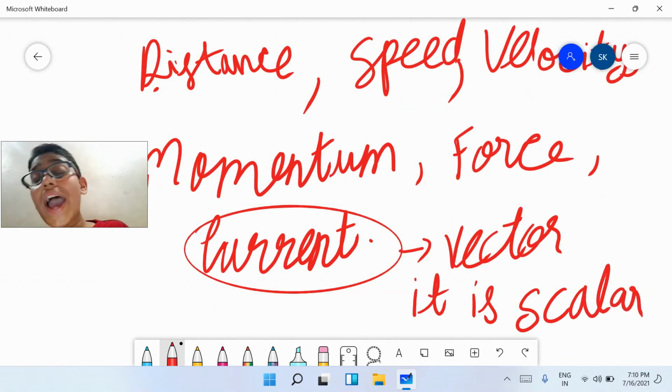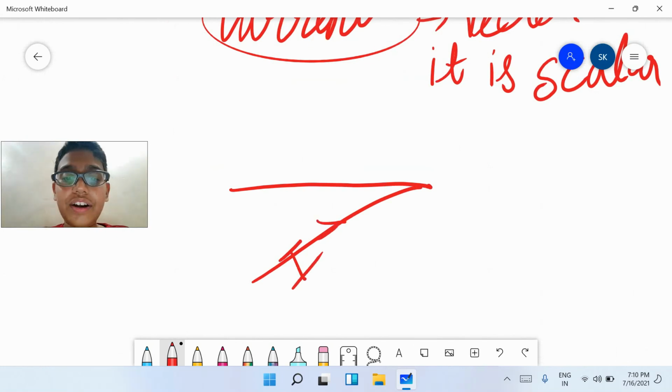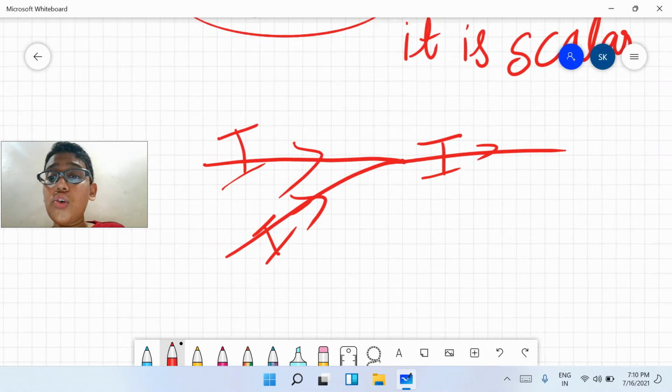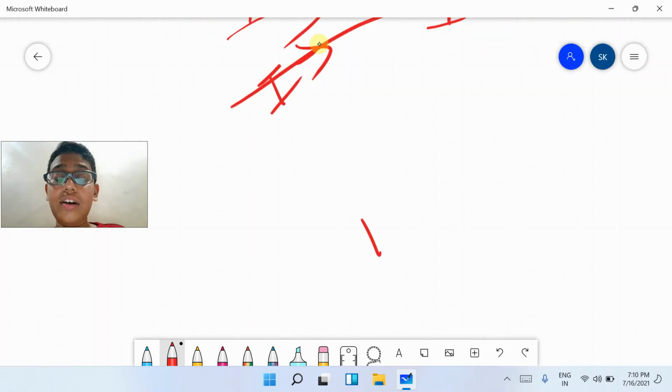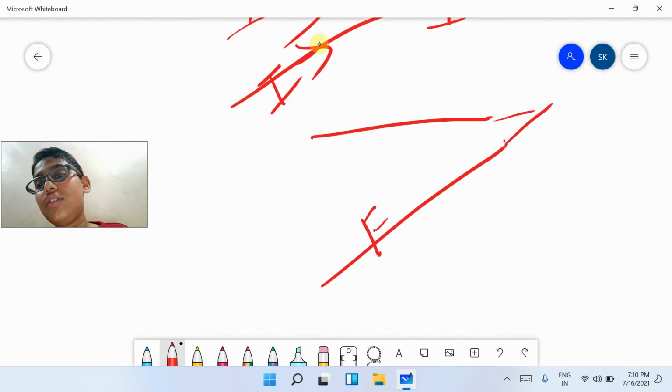Okay, why? Because observe, this is I, meaning electric current is flowing through it, and this is I, electric current is flowing through it. They connect and make a simple wire. So now the current gets added. Okay, so it is getting added, but in the case of force, if this force and this force are acting on the same point,